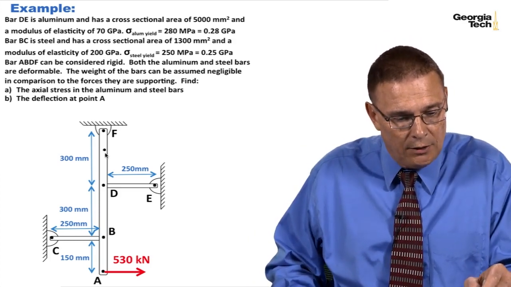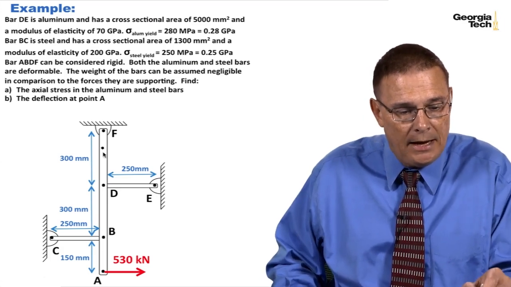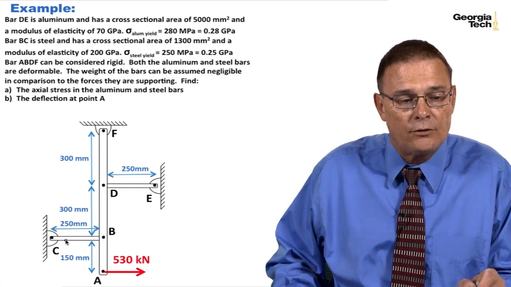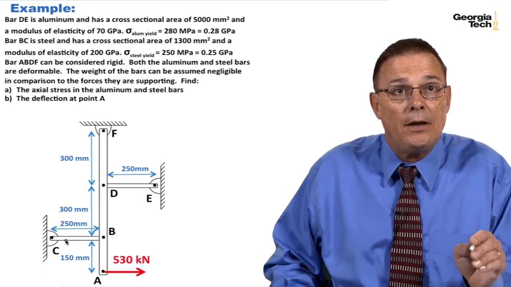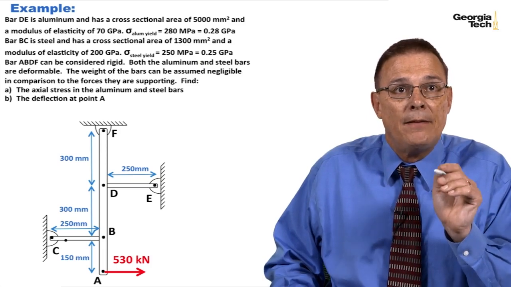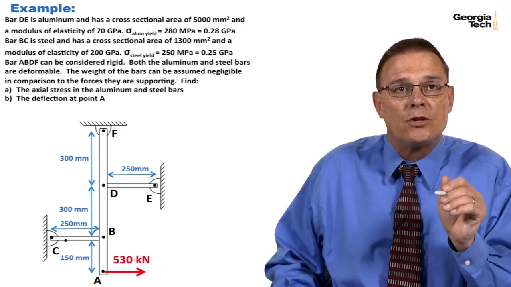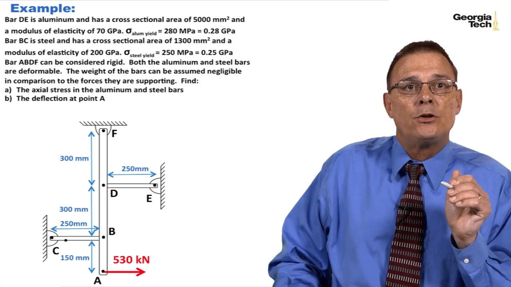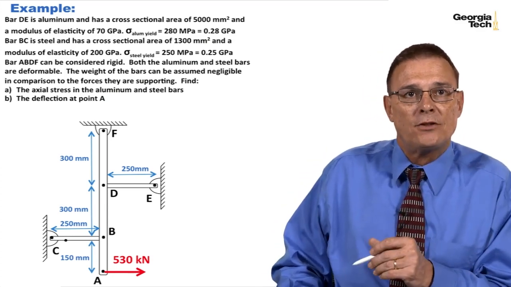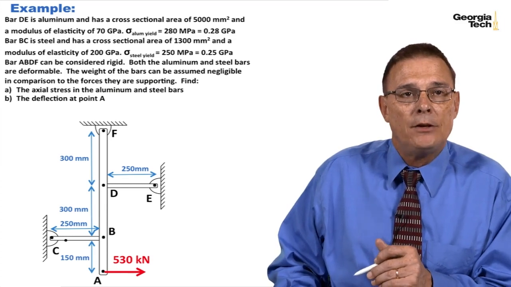Now we're going to consider bar A, B, D, F to be rigid. Both the aluminum and the steel bars are going to be deformable. And we're also going to neglect the weight of the bars, because the weights are going to be negligible compared to the forces that they are supporting. And so we're asked to find the axial stress in the aluminum and steel bars and the deflection at point